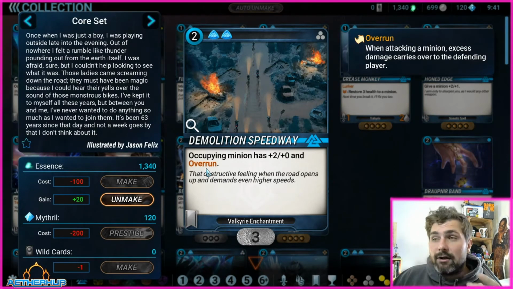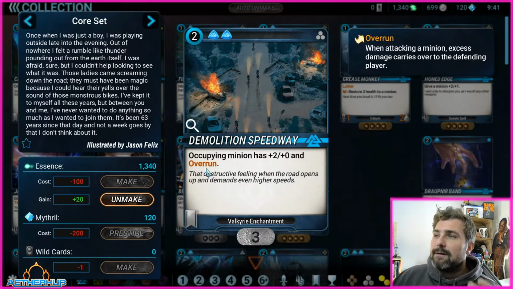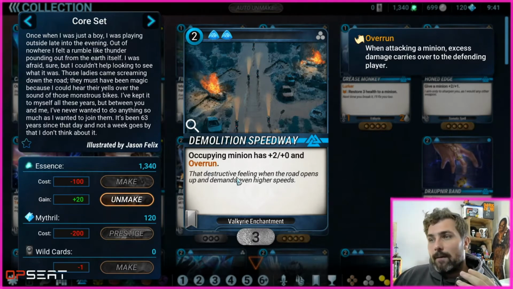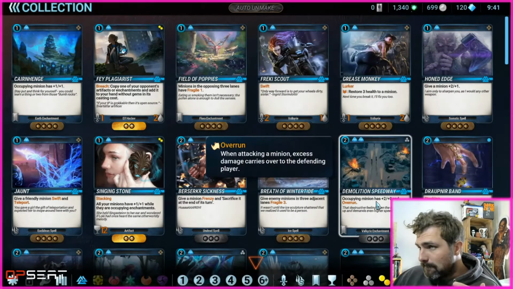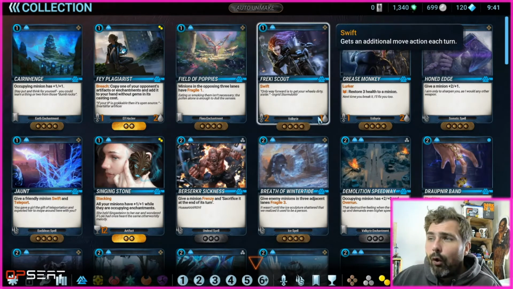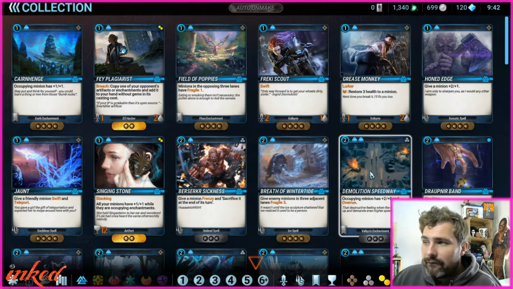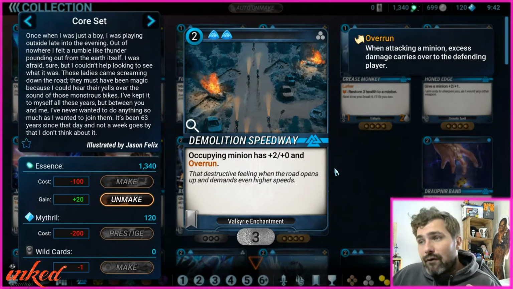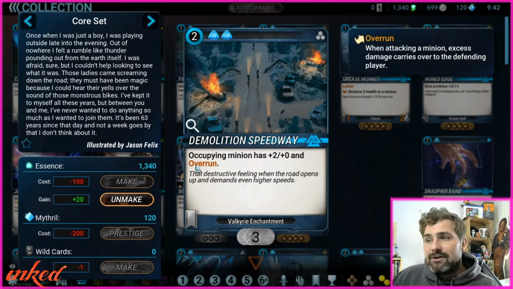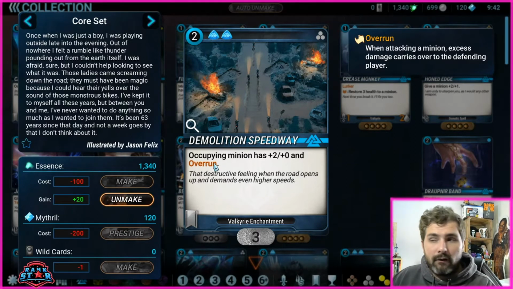Now remember, from green you know what Overrun is, because when we trade into a minion, it means it's trample effectively from Magic the Gathering. When we trade into a minion, any damage that isn't blocked goes through. So let's say we play Freaky Scout onto Demolition Speedway. Freaky Scout is now a 4/1 because the 2/1 on here is +2 and it is no extra health. So I trade this into a 2/2. Freaky Scout will die, but because it's got 4 damage and overrun, the 2 damage that kills the opponent minion because they've got 2 health hits the minion, and then the additional 2 damage goes through